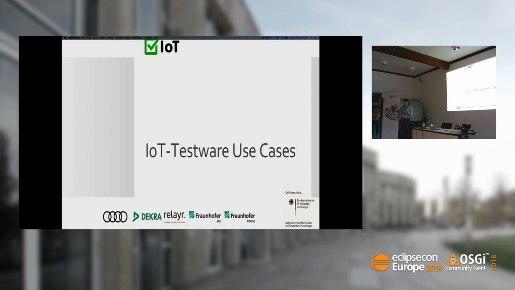So we have our conformance tests. We filled the gap that was there some time ago. We had conformance tests, we standardized them, and now we put it all together with other software to make it easy, for example, to run conformance tests and security tests in one process. And what else we can do with the IoT testware, my colleague Alex will now talk about. Alex, it's your part, so I'll give it to you.